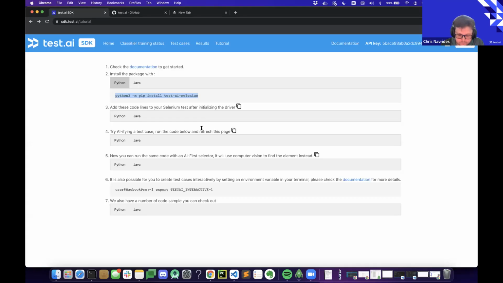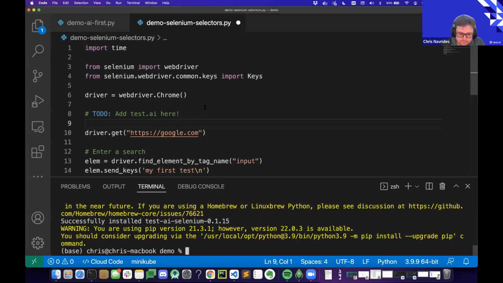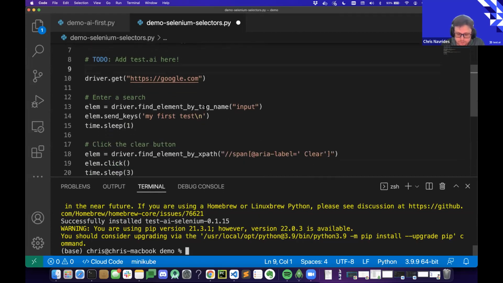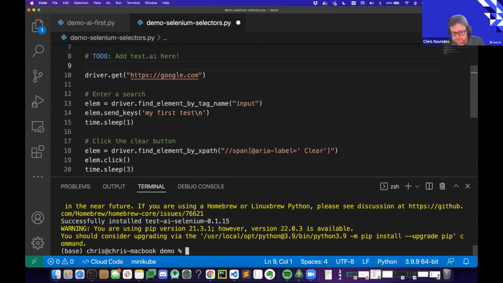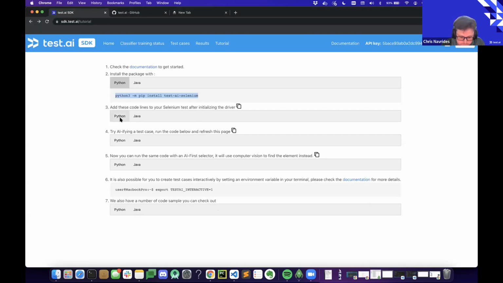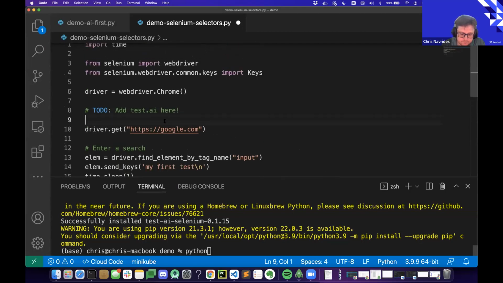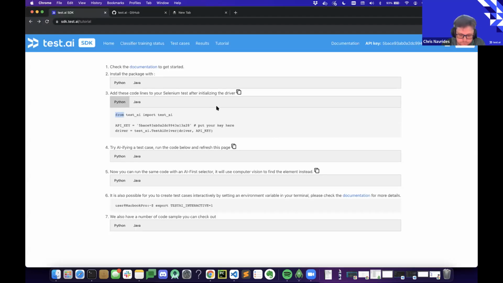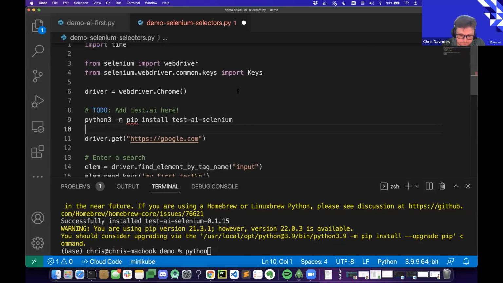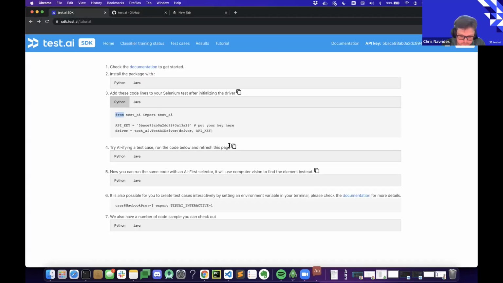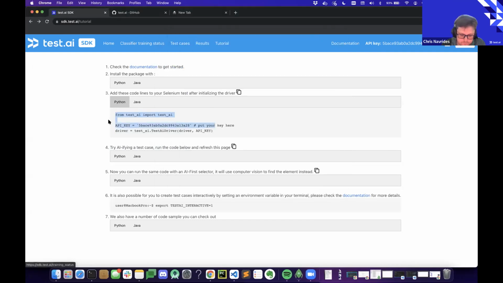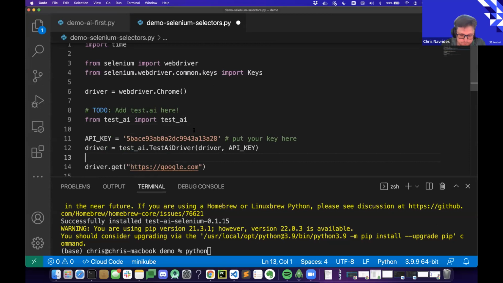Boom, that's fast. So now here I have my existing Selenium test case. It just goes to google.com. We'll look for an input field, just to show you that this works. Actually, for the sake of time, I'll copy this. So now we'll add Test AI in. So, oops. All right, we'll get that one fixed. Dictionary. Good. All right. We'll just add these 3 lines.